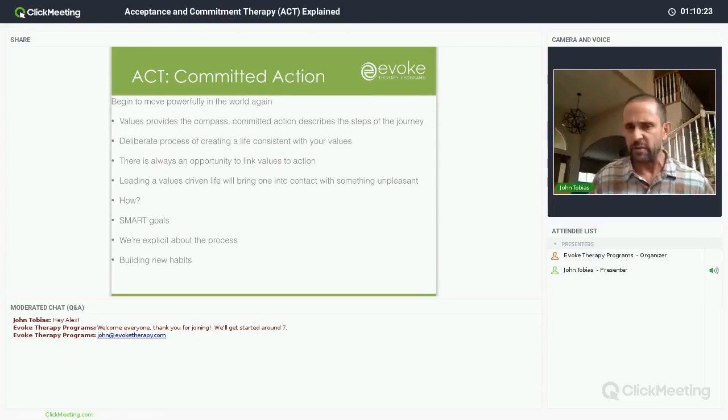So an example that I give is, let's say you identify physical well-being as a value of yours. A SMART goal in service of that value might be doing 100 push-ups. And so at the end of the day, you check back in with staff, sometimes with peers, and you say, I either did achieve that goal or I didn't. And either way, I ask that they look at it from this kind of